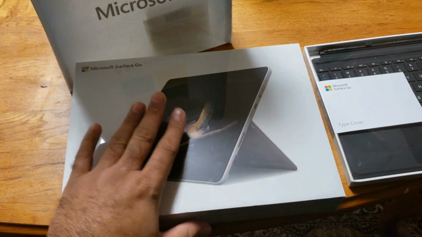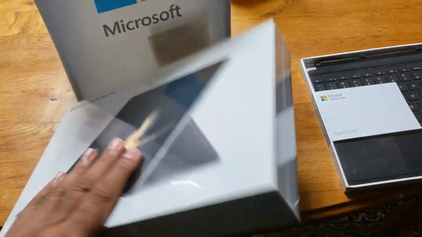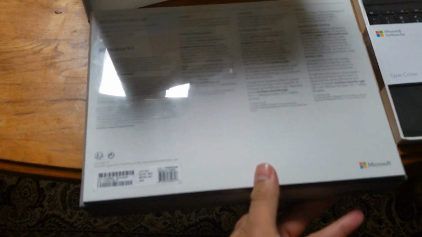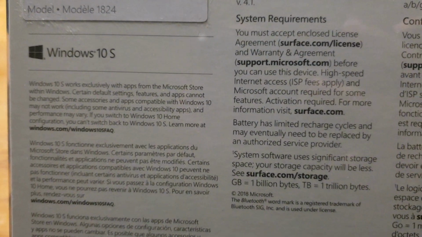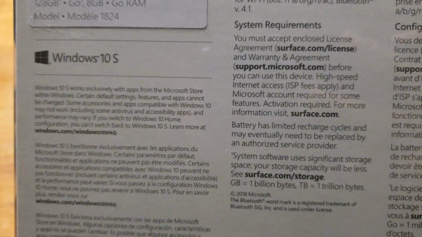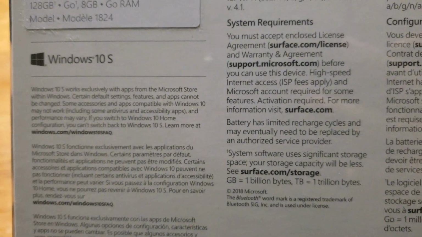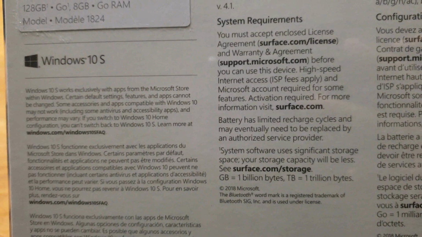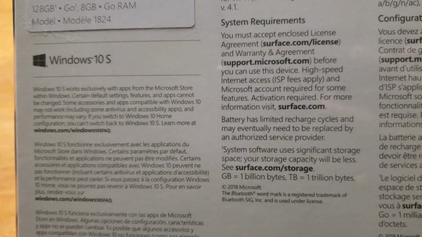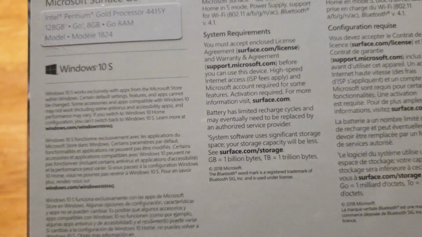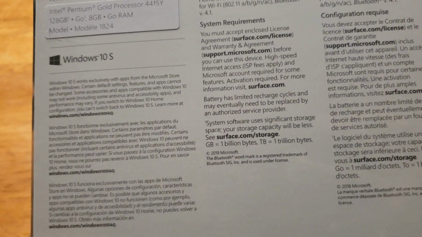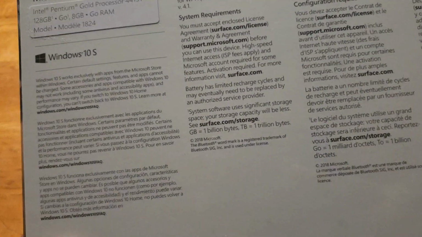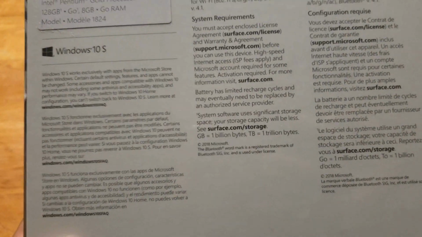But the most important thing for you, if you bought this, turn this around and make sure you read this stuff. Now, the most important thing is here. Windows 10 S. This is not your normal Home, Pro, Enterprise edition. This is S, stands for more, I think, security. What this means is, if you think that you're going to open a normal Windows-based application and install something that you bought on another machine, that's not going to work over here, because everything needs to be working from a Windows app,